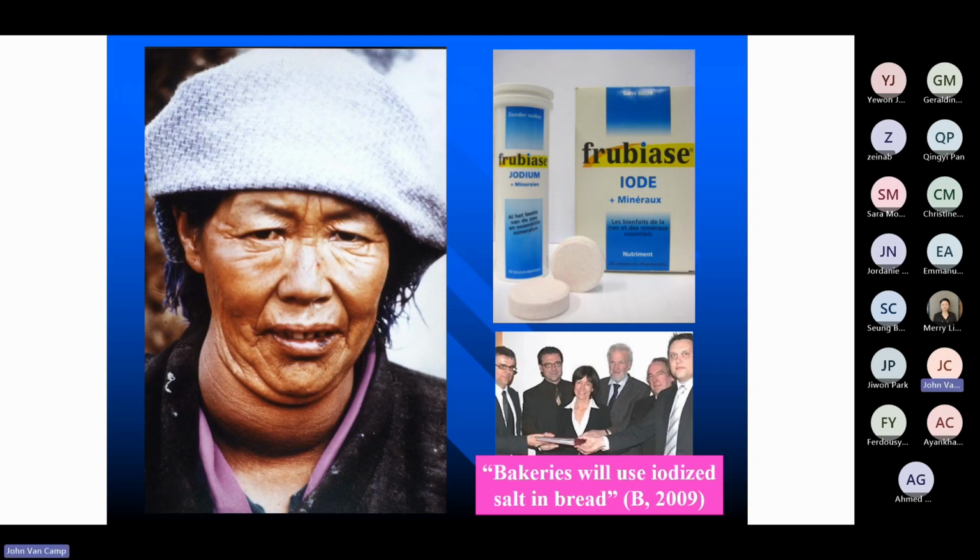Now, if we look a little bit at the macroscopic effect, so the clinical effect, you can see here what actually happens is a swelling of the neck. This is, let's say, a limited swelling, but in some cases it can really become very big. And you get almost a football, which is just hanging at the level of the neck. But it is reversible. So if you give additional iodine, the swelling will be reduced and it goes back to